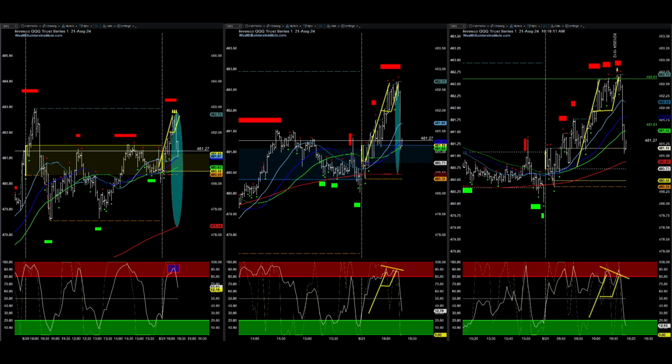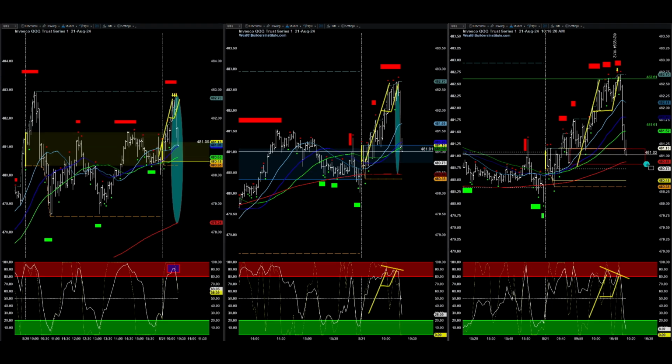At this point, the price is reacting off the point of control, which is 481 and a quarter. I'll draw a box real quick, and then I think we might pull our profits. Order fill. And there we are, ladies and gentlemen, a $1.60 drop in less than 5 minutes.